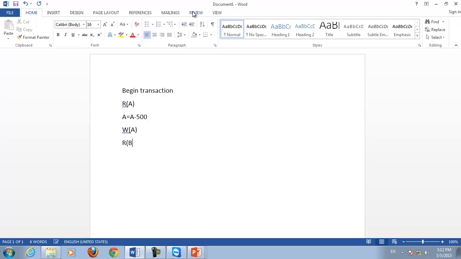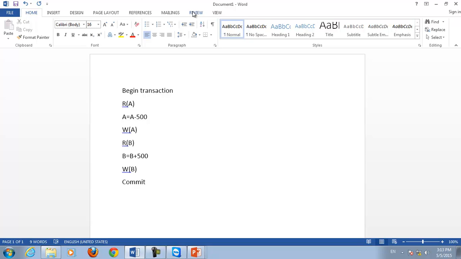Then we read B, and we add 500 rupees to B, and then again we write B, that is the updated amount of B. And after this we give commit. Commit means to make the changes permanent.